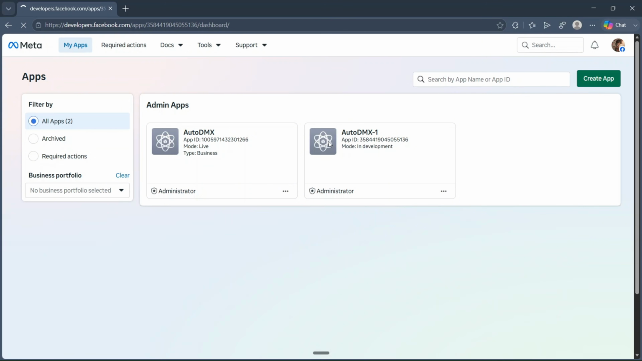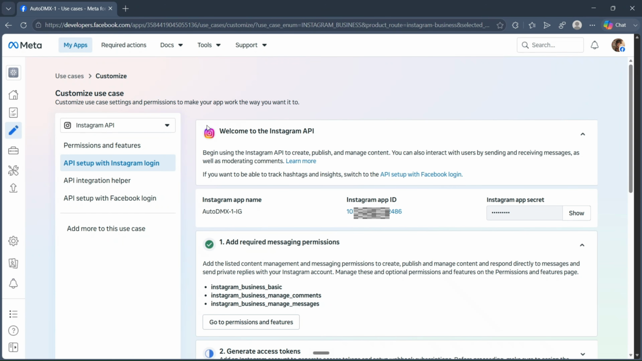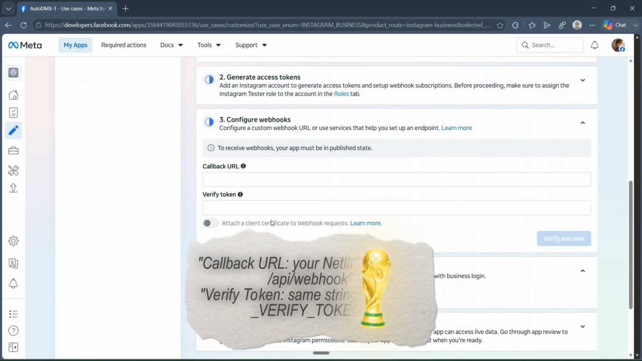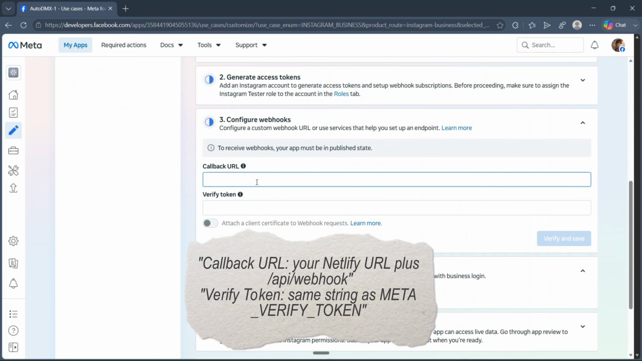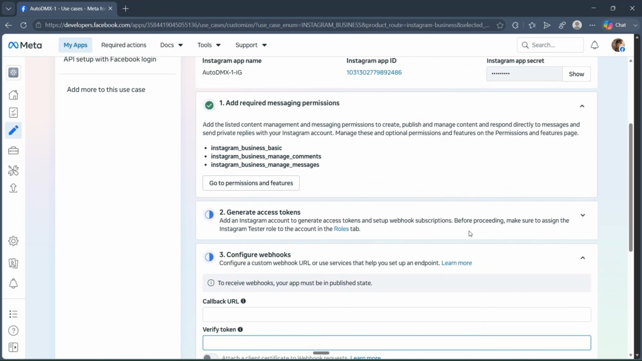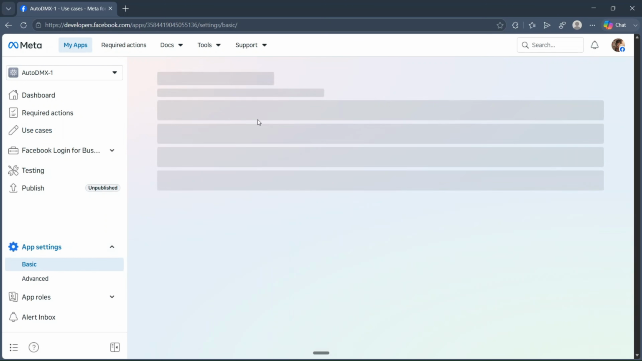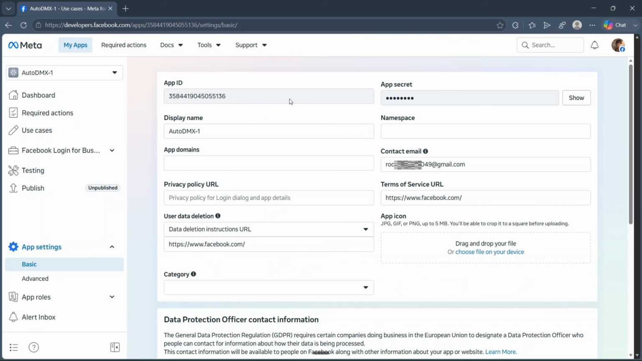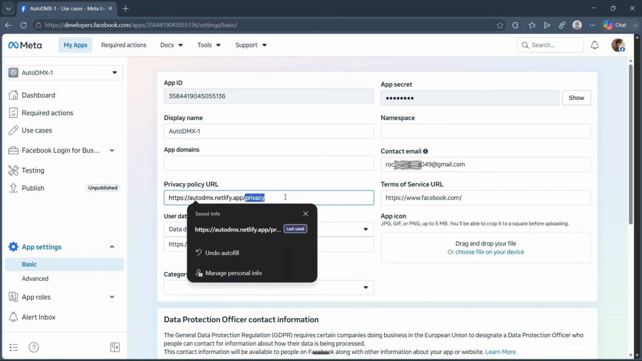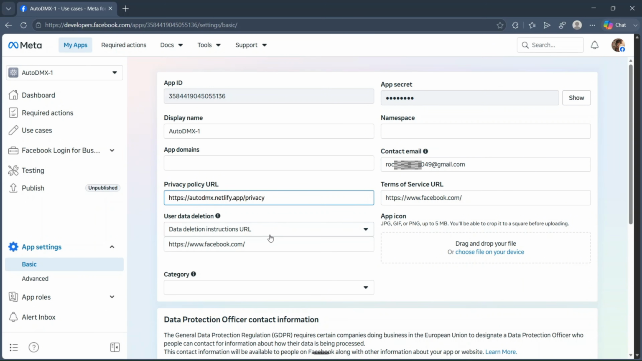Go to My Apps in developers.facebook.com, open the application, and in Instagram API settings at callback URL, paste your Netlify project URL/API/webhook, and verify the token that you have added in your .env. Then click on Verify and Save. Go to the basic settings, then fill all the details here at the privacy policy, data protection, and these things. Your project URL from Netlify, the thing I have added from the video, your project URL, and